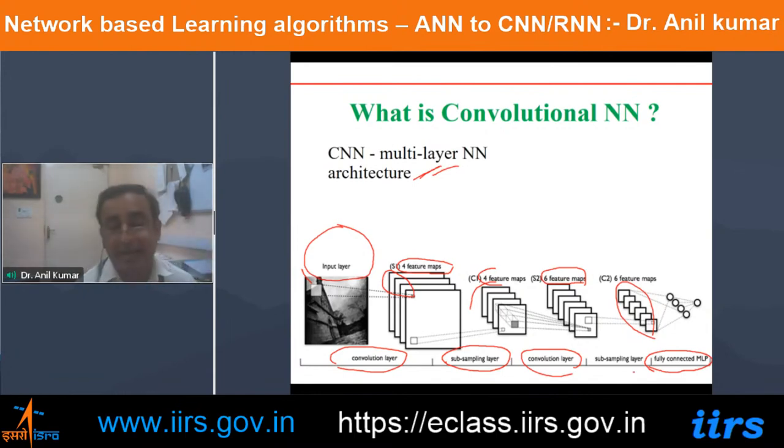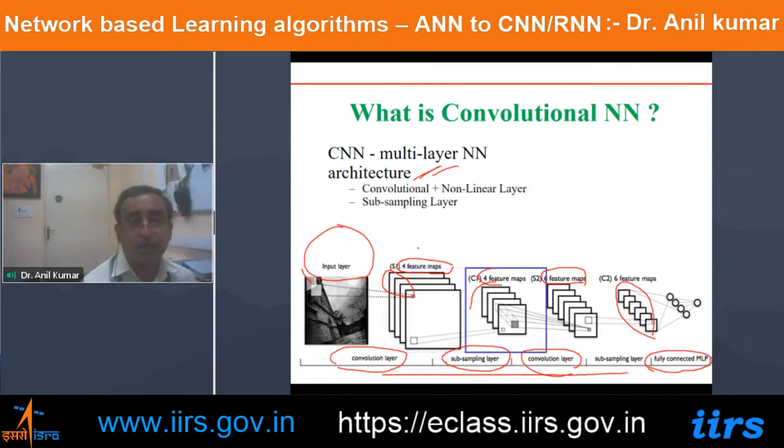Before the ANN here, you can see there are pre-processing layers going on, mainly the convolutional layer and subsampling layer. You may have multiple convolutional layers and multiple subsampling layers in the pre-processing stage, and only after that does the data go to the fully connected ANN, where the processing takes place and you get the output. So this is the basic concept, and here you have basically